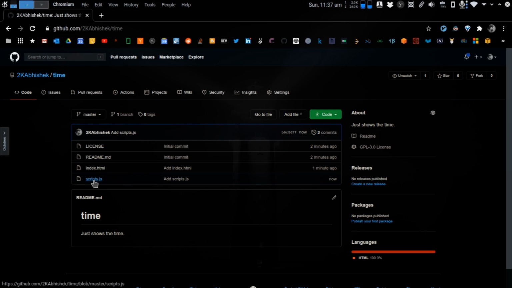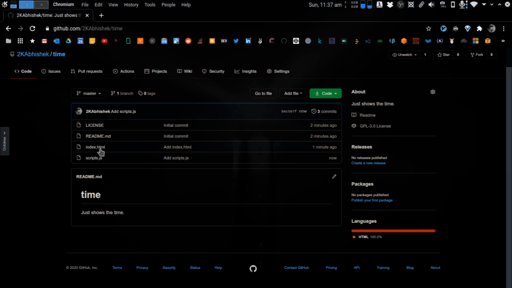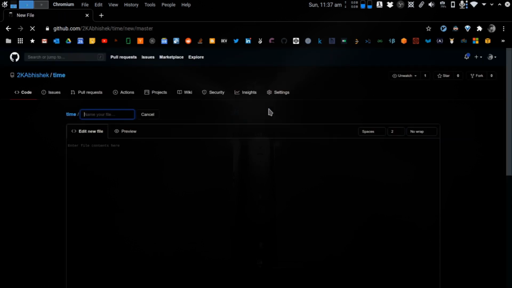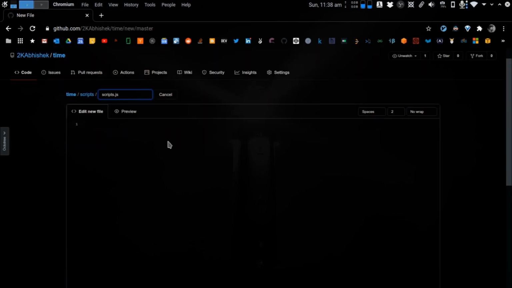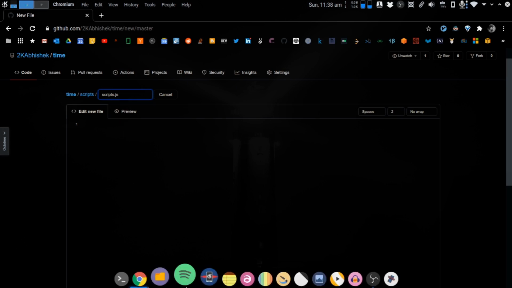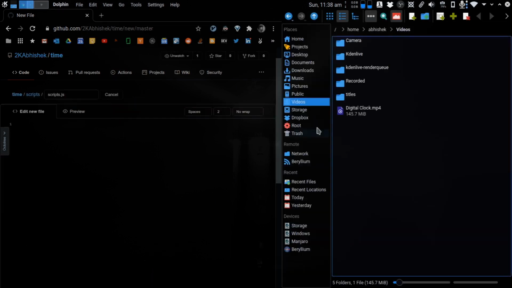Okay, so this has been created outside, not where we should have it. So let's just change it. We'll create a new file, and we'll just put in here scripts/scripts.js, and then we'll simply copy the contents of that file.